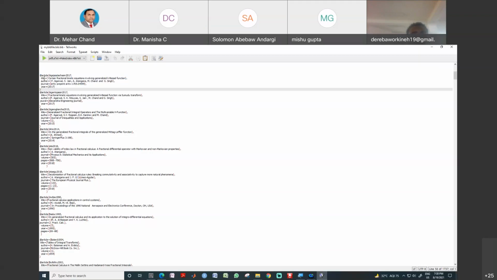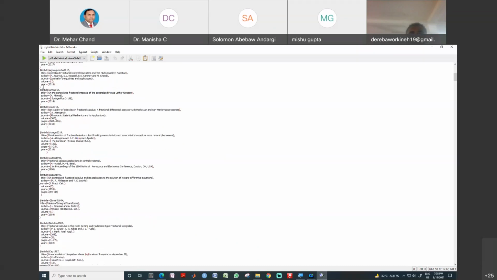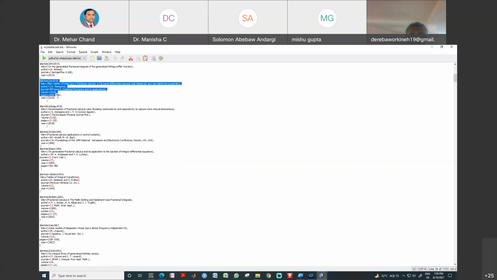Then title, and title will be equal to this in curly brackets. After that we have author, this is the information of the authors. Then journal, you will provide the information about the journal, and then year, or if you have more information, you can insert it. You can see in this article title is there, year is there, volume, and if there is a volume number, page numbers, you can insert. Title is there, author is there, journal is there, volume, pages, numbers.